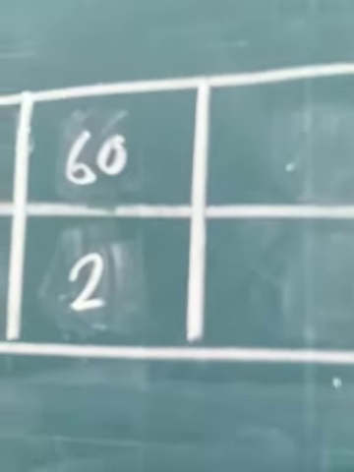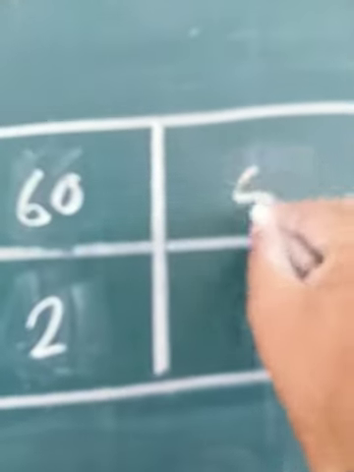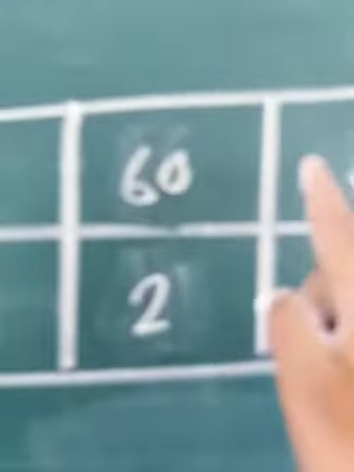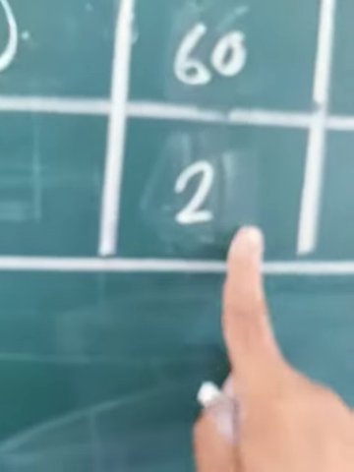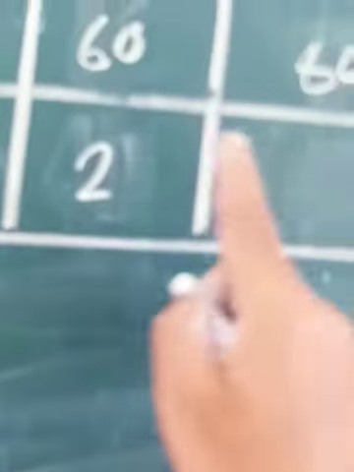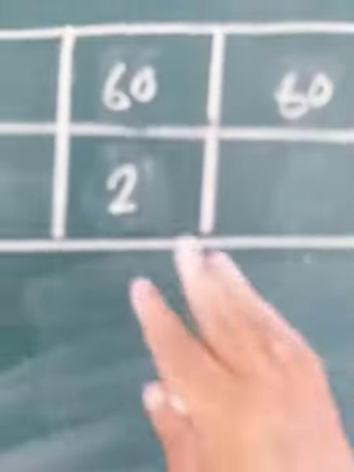Now the destination remains the same, that is, the distance remains the same. If you have to cover that same distance at a speed of 80 km per hour, see, I am increasing the speed now. So do you really think that the time will be more than 2 hours or less than 2 hours? Obviously, students, it will be less than 2 hours, because when we increase the speed, obviously the time would be less.